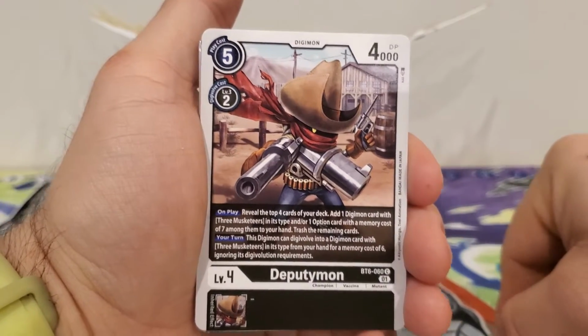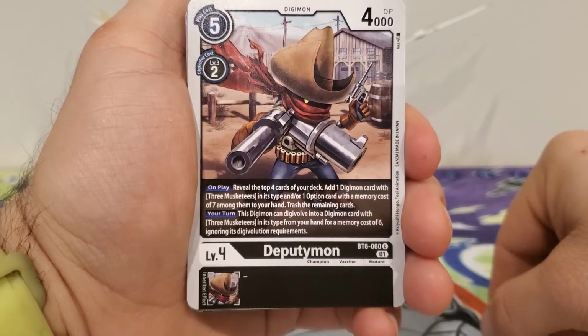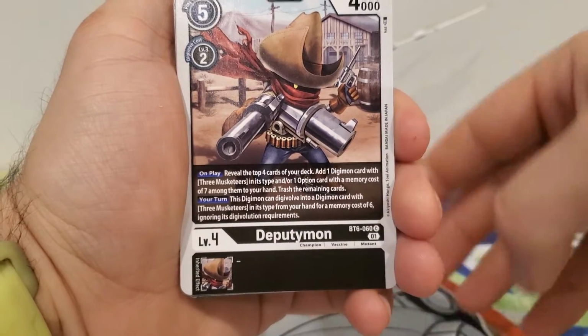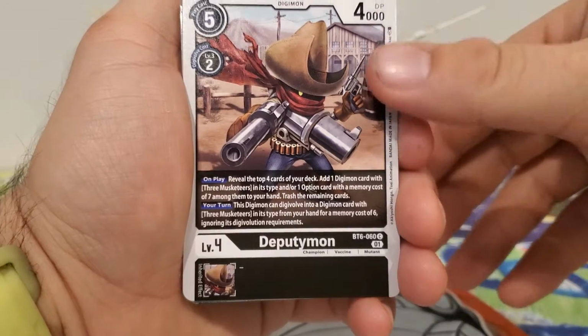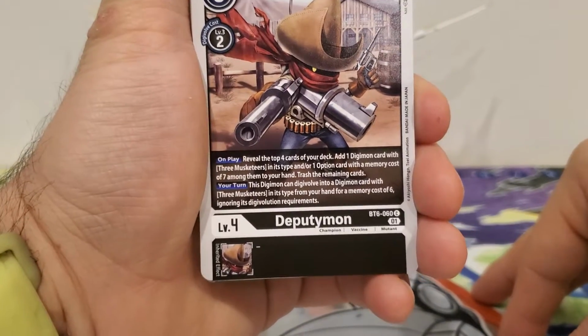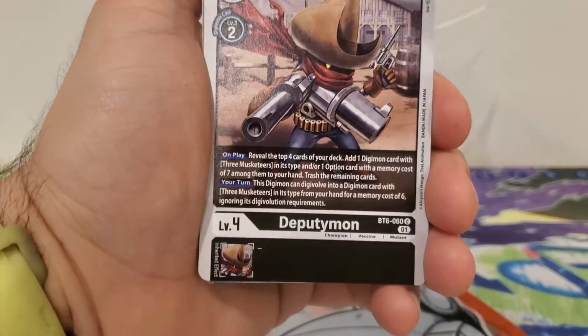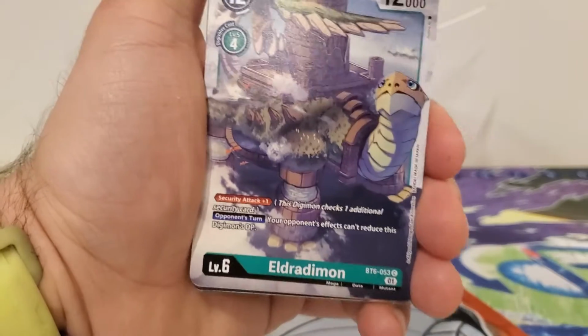Alright, well that gives us a little foresight into what we're going to be getting into. We're going to get some 3 Musketeers. Oof, 6 Musketeers. I was thinking of the 6 memory cost. 3 Musketeer cards. I'm not familiar with them. He is also the bane of Pokemon, whereas Pokemon, like, say, no guns in our things. Deputymon is just all guns. Same thing with Yu-Gi-Oh! And Barrel Dragon. Next up, we got